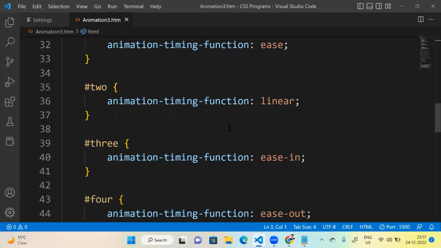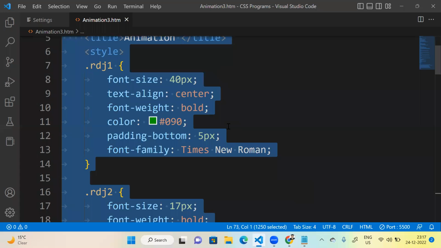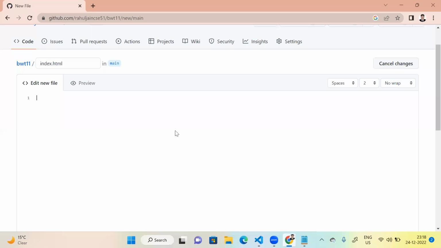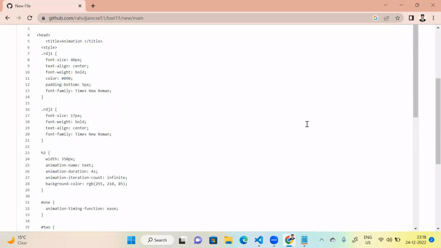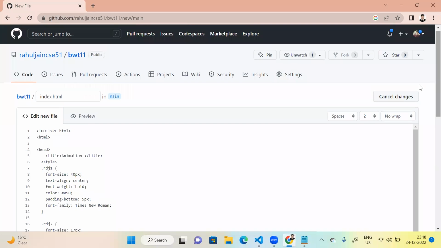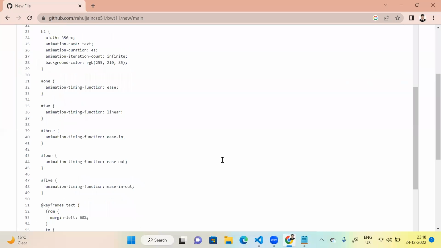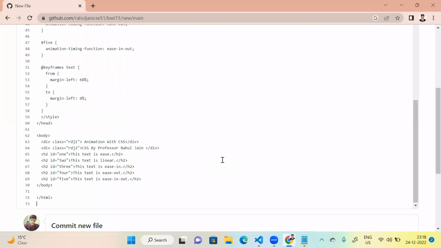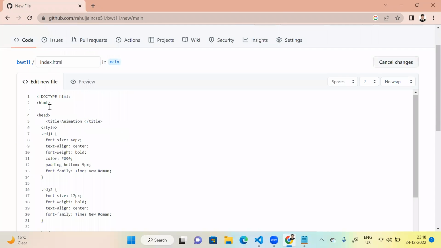Many options are there. So what I am doing, I am just copying all the code which I have written in Visual Studio Code. Further, what other way is there? We can also upload this file, right? But I just updated the code here, and after updating the code here, you can simply see that I am having HTML code here,